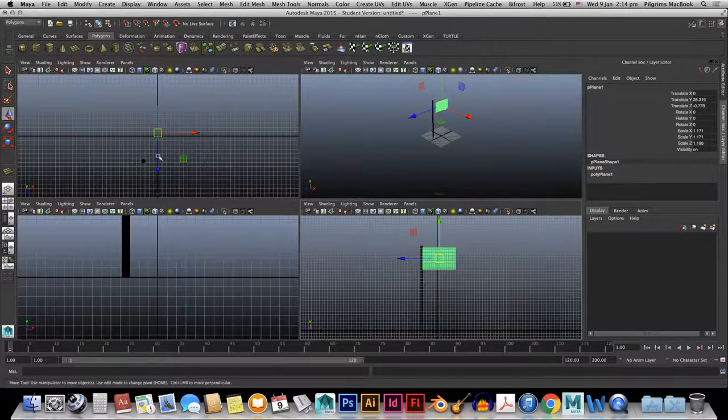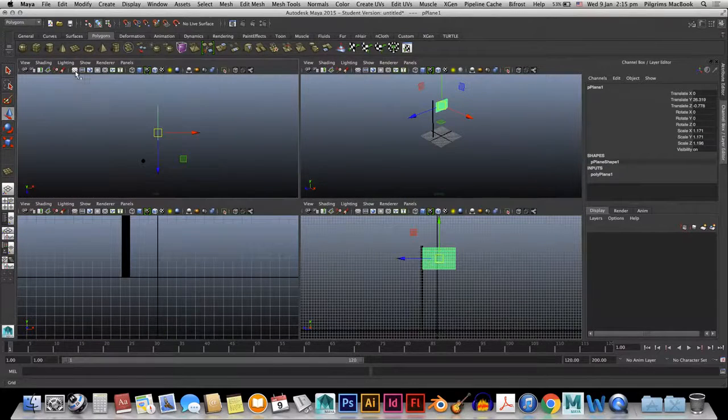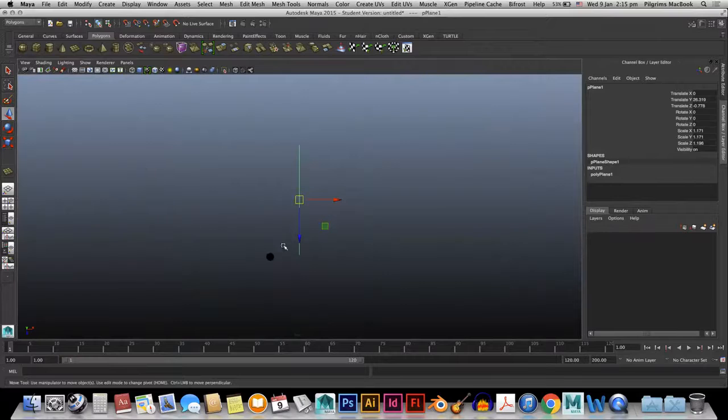Now we'll go to the top view, and at first we'll turn off the grid so that we can see properly, and we'll just move it. If I press 4, as you can see, part of the flag is going inside the cylinder. So we need this thing.